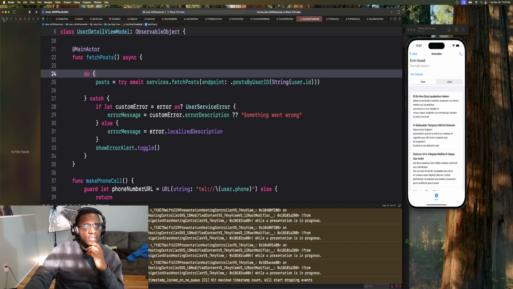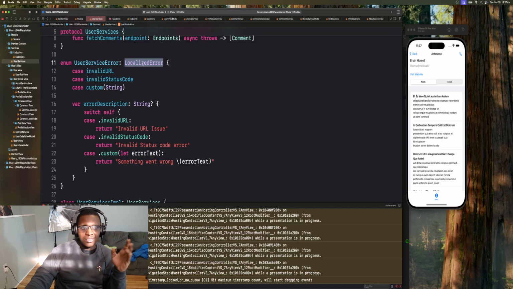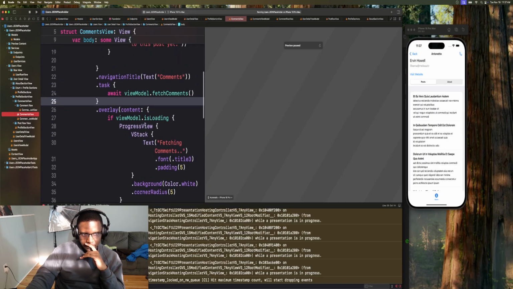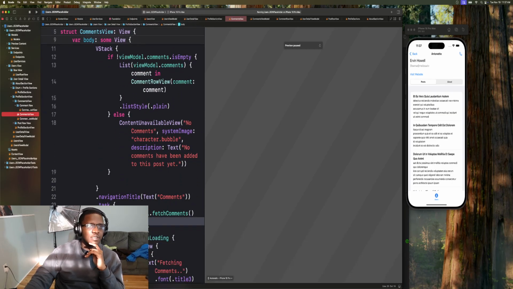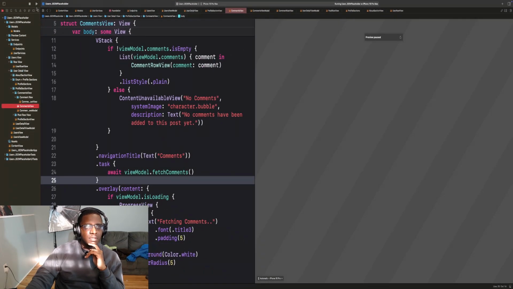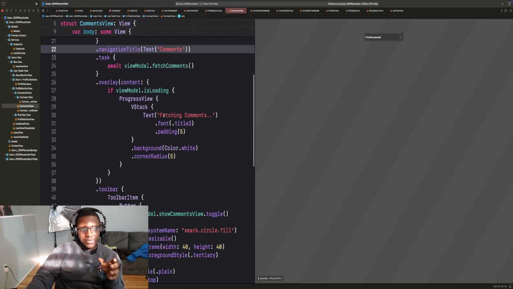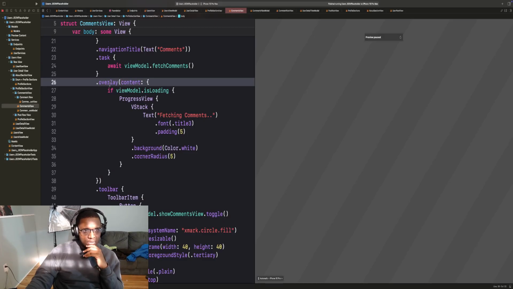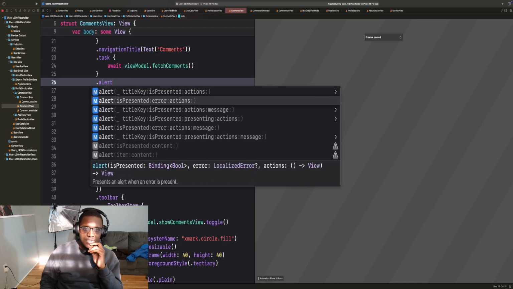Okay, so now that we're using a LocalizedError instead of just an error, the benefit of this is that you can now use this differently with SwiftUI. So if we jump to our comments view and maximize the phone view, you'll see that what we need to do now is add an alert. The alert that we could add is alert. We're going to look for the one that accepts a LocalizedError. This one right here, it takes a